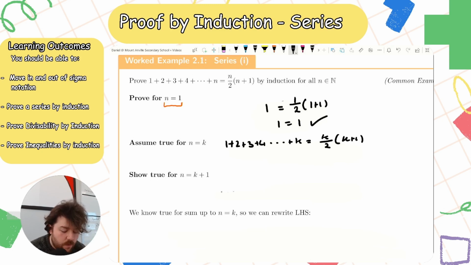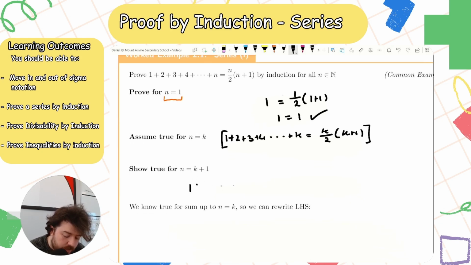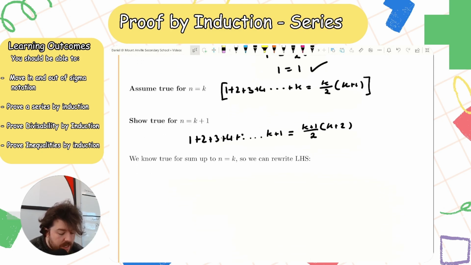Now the next step is we're going to show it's true for n equals k plus 1. Just make note of your assumption because you will be using it in your proof here. So for n equals k plus 1: 1 plus 2 plus 3 plus 4 plus up to k plus 1 is equal to k plus 1 all over 2 times k plus 1 plus 1. K plus 1 plus 1 will just be k plus 2. So I now need to show that this is true. Well, using my assumption,